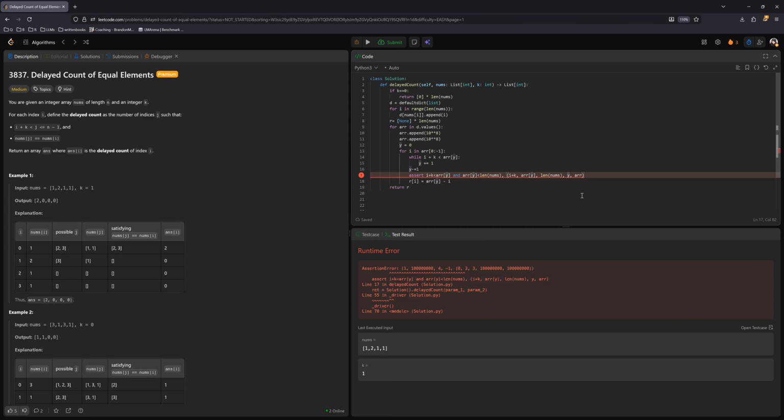While I plus k is lesser than, okay. I don't know why this is happening, but if y is less